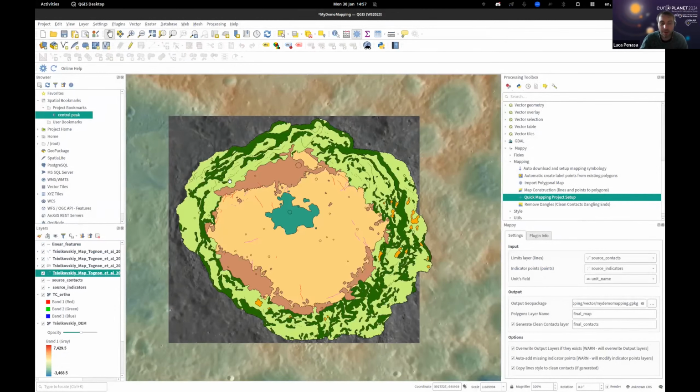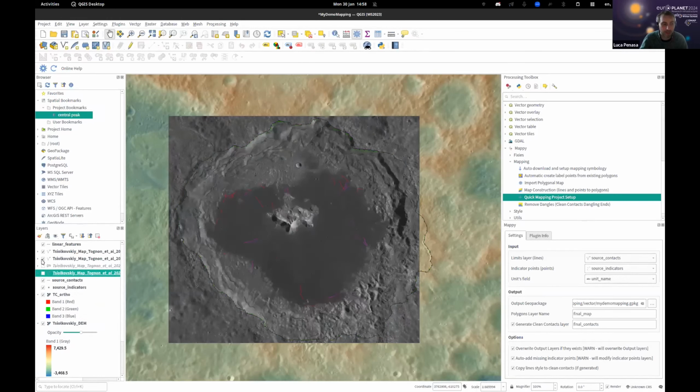So we have polygons. Each polygon is just one specific unit. So we have here in the map the central peak, then another unit that is called hummocky material, which is this one that Riccardo was showing you before. Then we have smooth material at the very center, and then some other details of the scarps, let's say with steep scarps and inner slope, etc. So basically what we want to do is replicate this same map at a simpler level, but we are going to do exactly this. I will just remove the